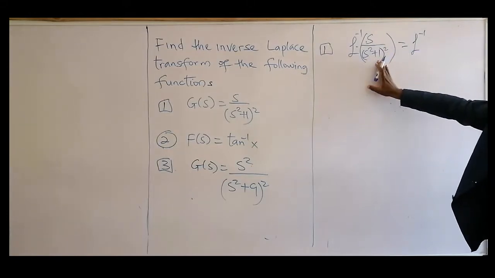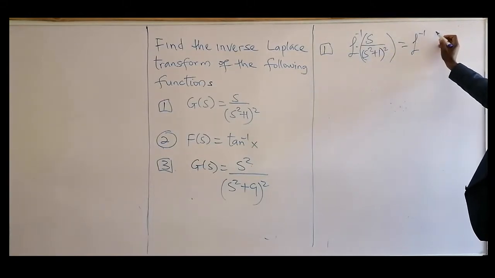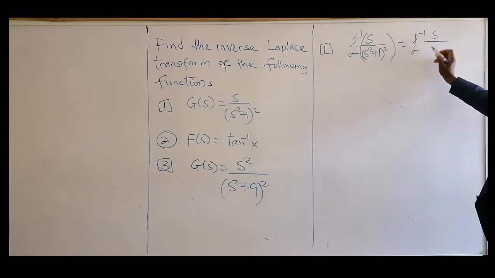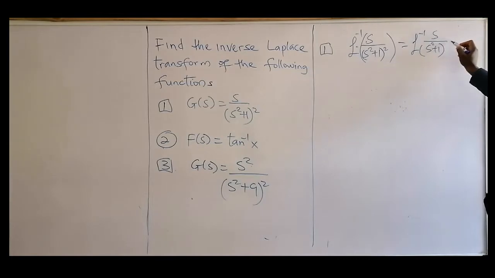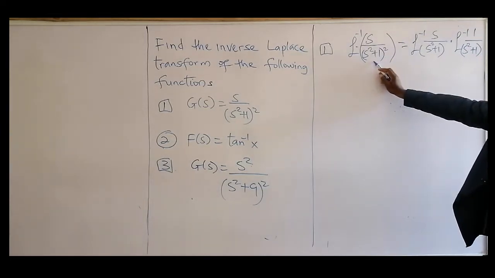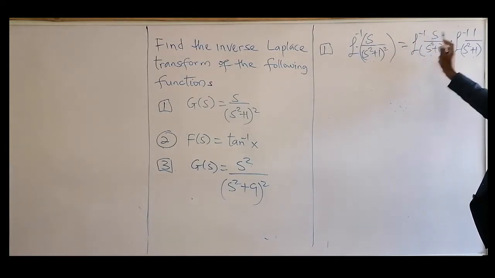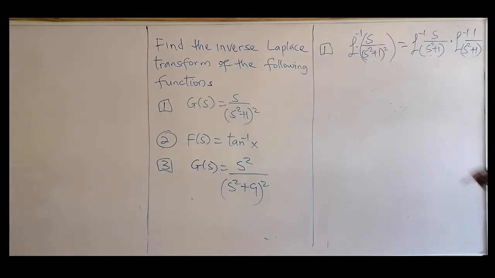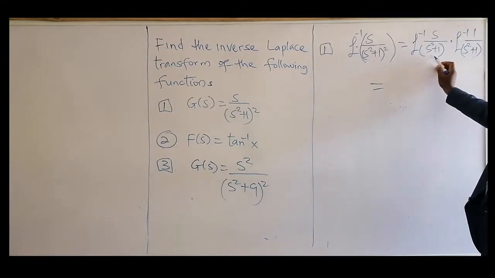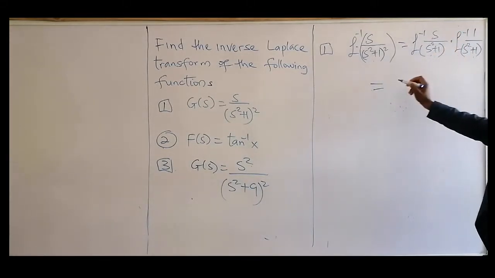So I need to split this one into two parts, which will be equal to s over s squared plus 1, times 1 over s squared plus 1. I've done that because this is two of this: one here, and then this is a single s, so there'll be one here and a constant there. So with this, the inverse of this expression is cos